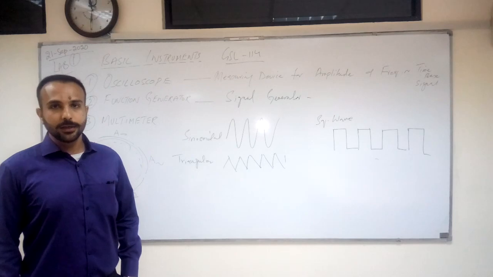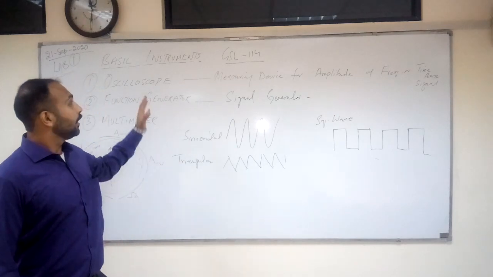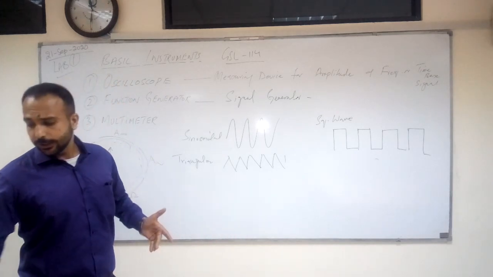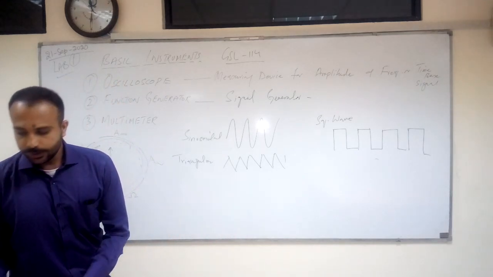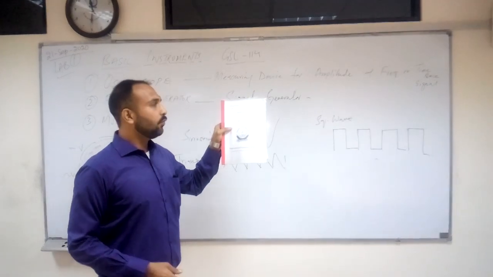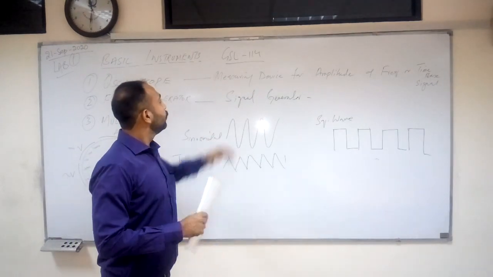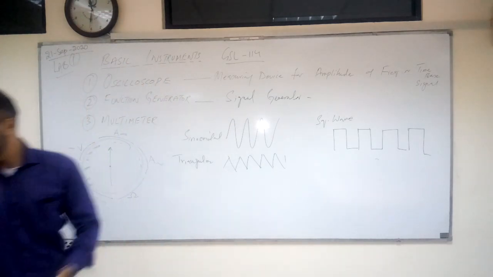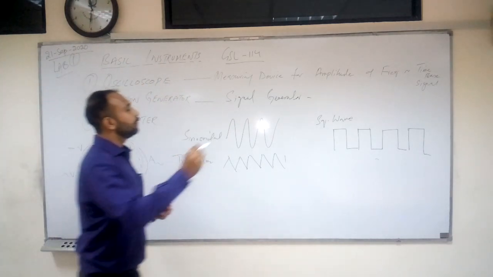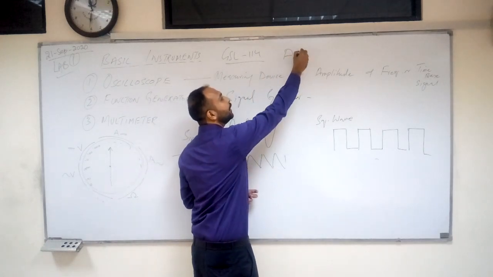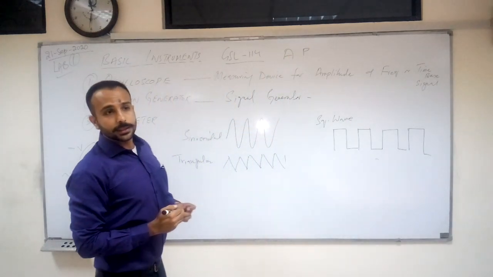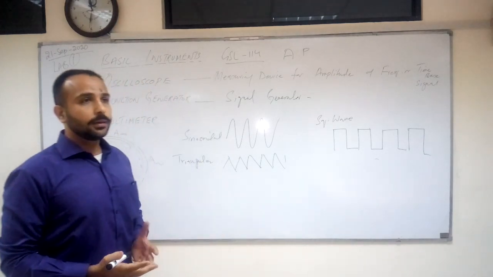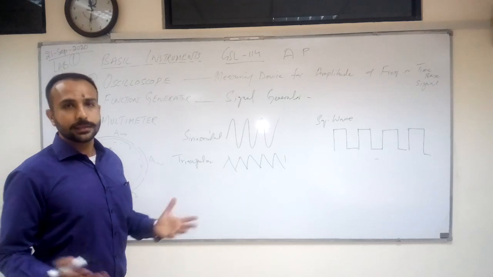I am your lab engineer for Applied Physics Lab, and today we will perform our first lab online. Starting from the lab manual, this is your lab manual, Applied Physics, GSL 114. The course code is GSL 114. The first lab is about basic instruments, but first we will read about what is applied physics. Physics is the study of science which deals with matter, weight, mass, energy, etc.